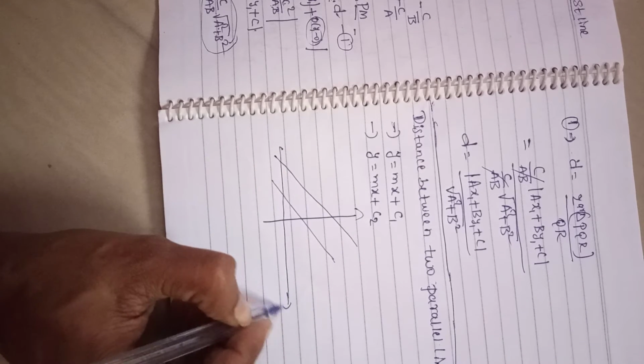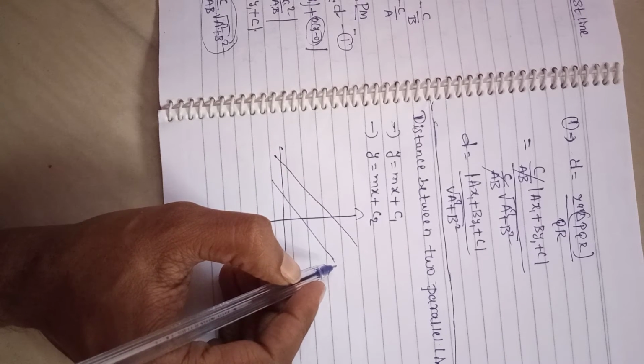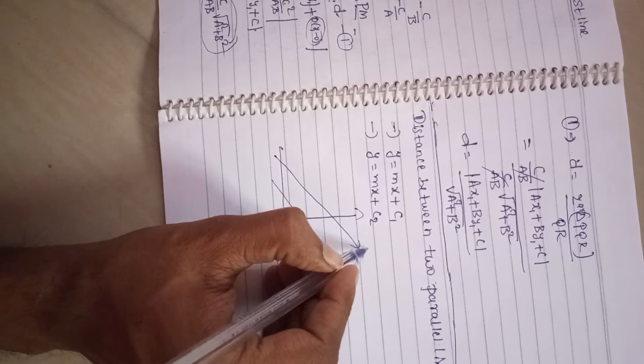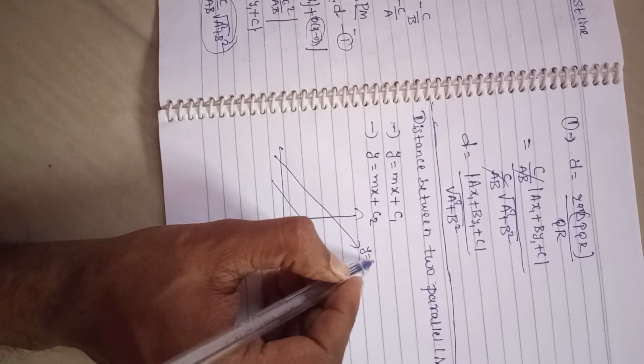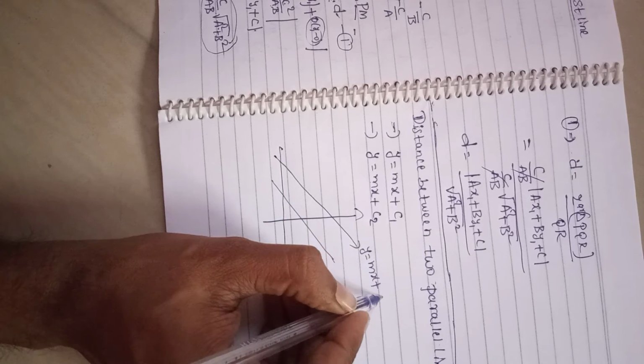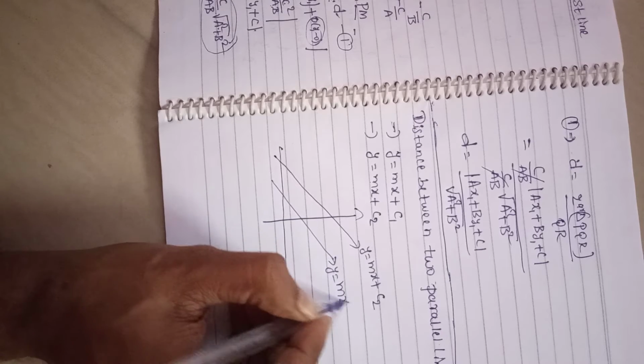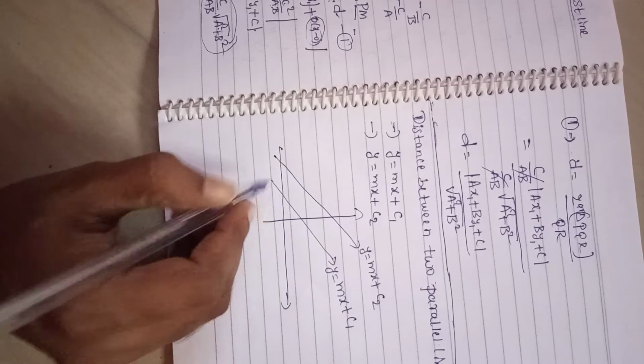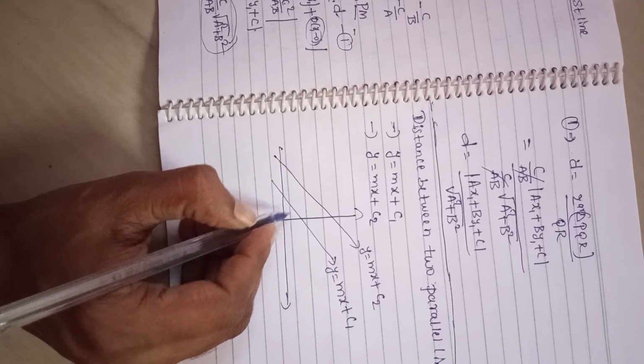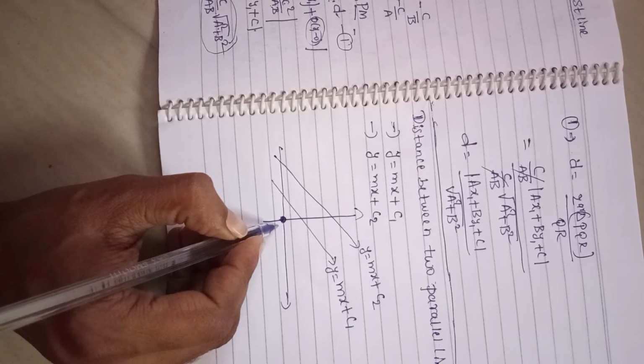This is the two-dimensional plane, and on it this is the first line, y equal to mx plus c2, and this is y equal to mx plus c1. Okay, and it is the origin,